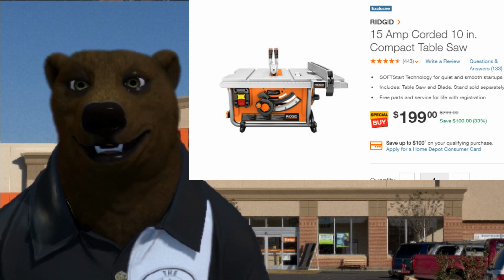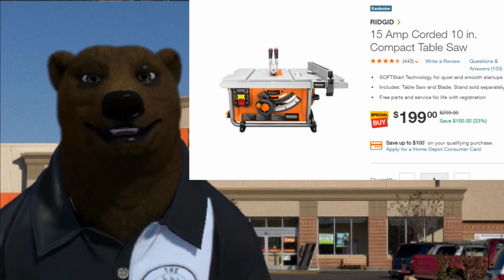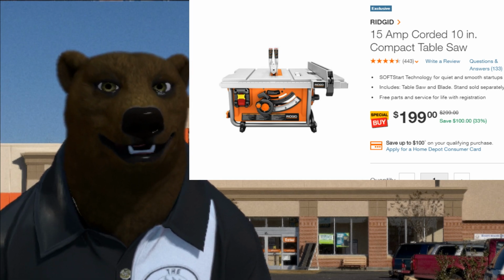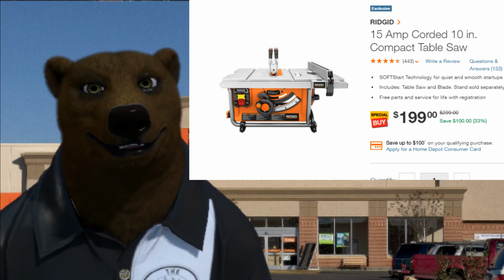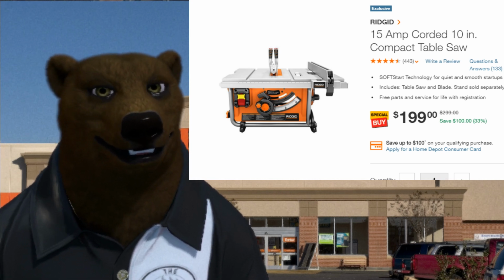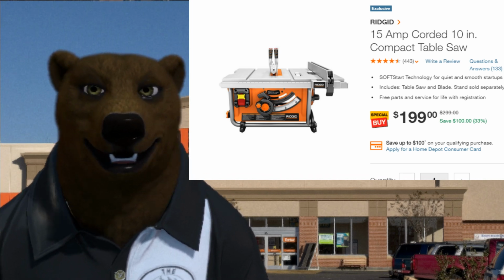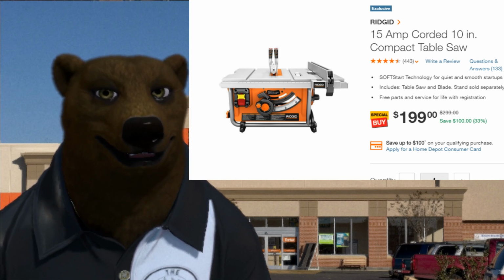Now, here's the thing. It doesn't state anywhere on here that you can use this with a dado stack. My understanding is that when it came out, they advertised that heavily, that the arbor is big enough to put a dado stack on. Then there were some issues. You can't even buy the dado stack plate for it anymore. I don't think it's advised to use with a dado stack. And honestly, I don't think anyone should be using any of these compact saws with a dado stack. The saw is just not stable enough for that. Anyway, it's just a safety thing. But still,